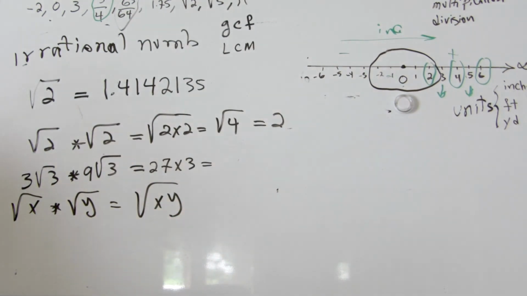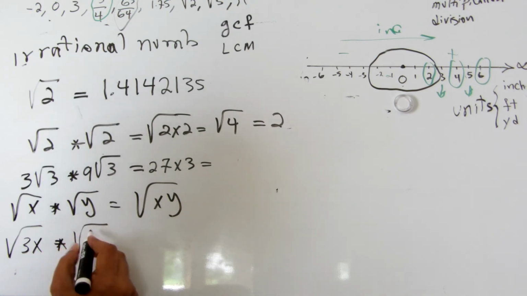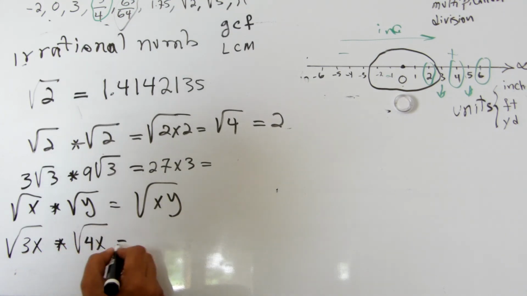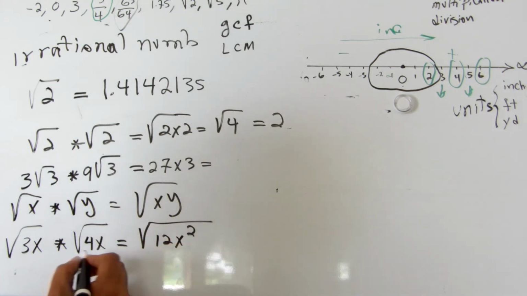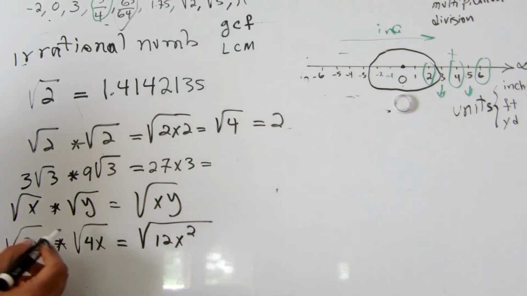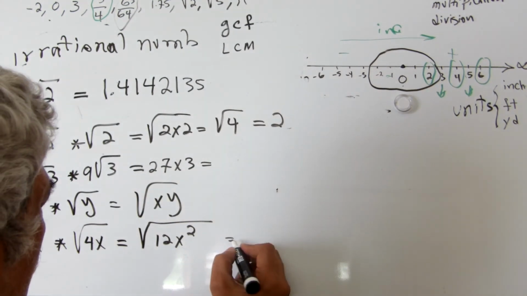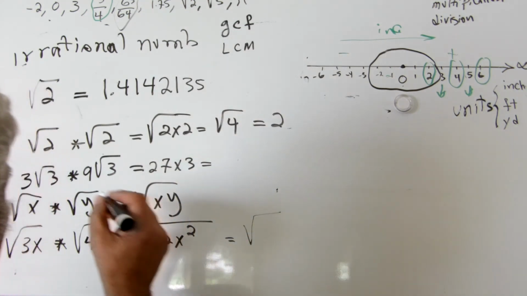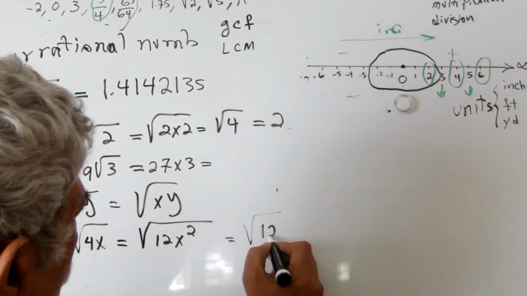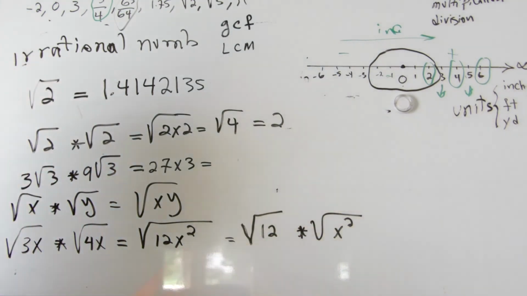So if you have radical 3x times radical 4x, it is going to be radical 12x squared, because they are multiplied by each other since they have the same index. We can separate it and write radical 12 times radical x squared, and the result is going to be 12 times x squared if we bring